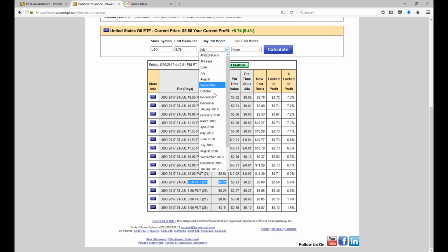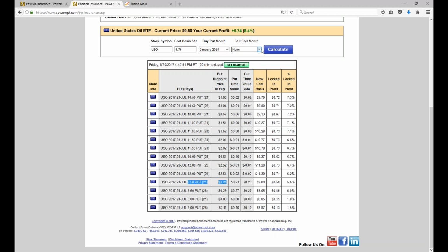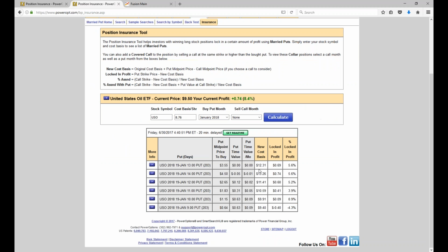Now, I'll go to January. Let me hit calculate. We don't have a 9-strike put, but remember that 10-strike put I was looking at is $1.15. So I'd pay out $1.15, and you say, well, what about theta decay? I'm 203 days out in time. I'm going to lose less than